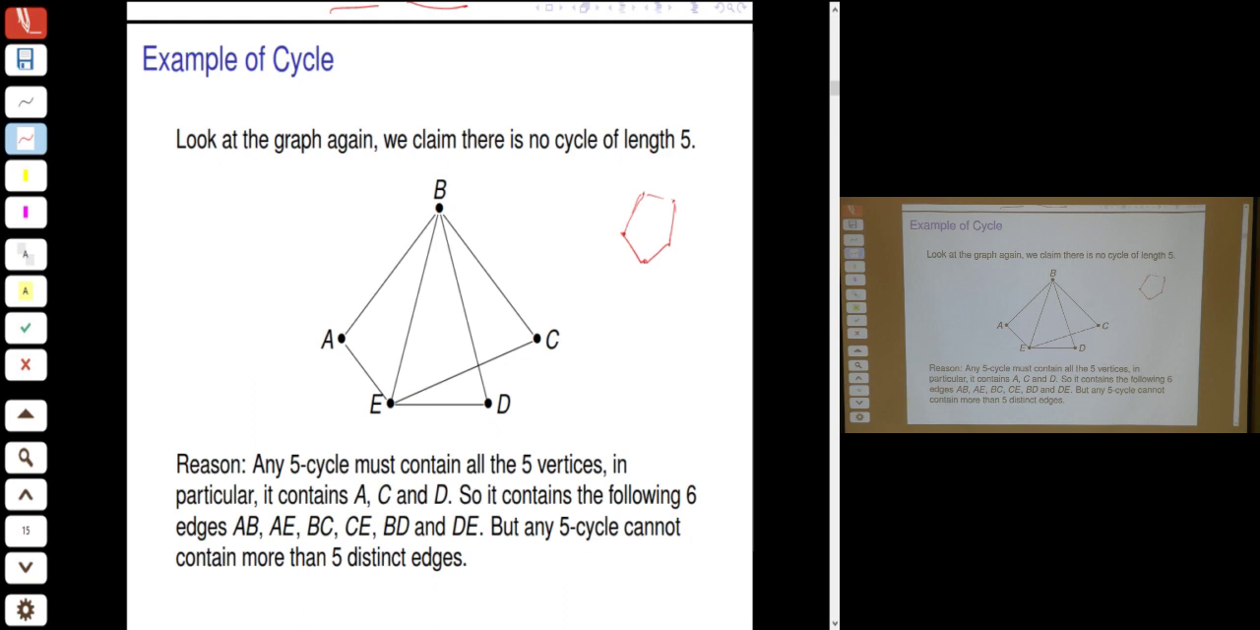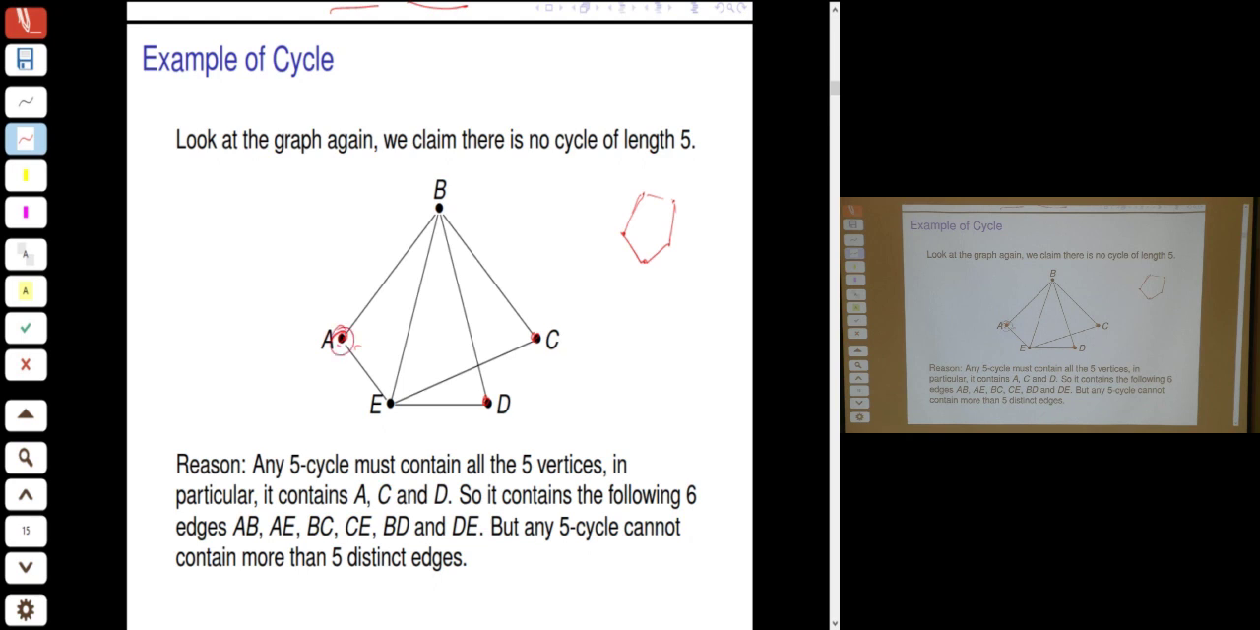Okay? In particular, it must contain A, C and D. Notice that there are no edges between any of these vertices. There is no edge between A and D, no edge between D and C, no edge between A and C. So of course, if it contains A, C and D,